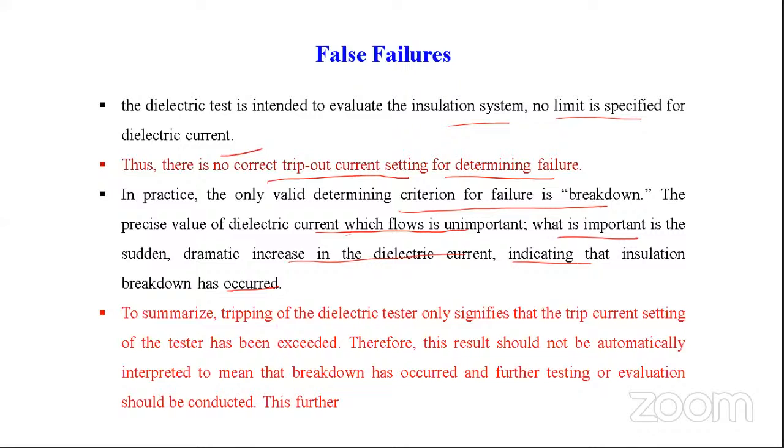So to summarize, the tripping of the dielectric tester only signifies that the trip current setting of the tester has been exceeded. Therefore, this result should not be automatically interpreted to mean that breakdown has occurred, and further testing or evaluation should be conducted. Okay. So before going to the next slide, if you have any questions or queries,